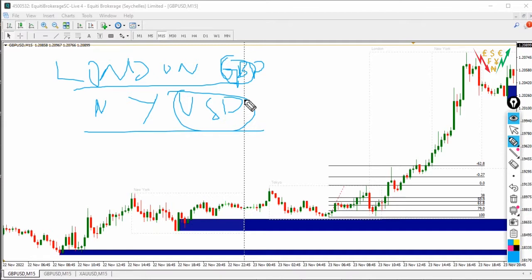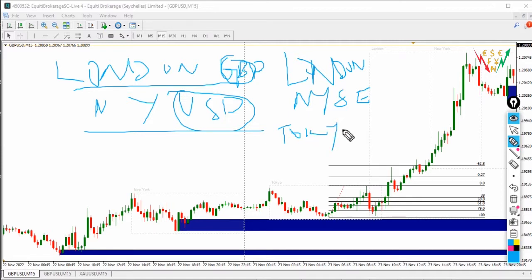And now we're talking about the biggest cities here. When you talk about the stock exchange, you have the London Stock Exchange, and you also have the New York Stock Exchange, which is kind of the biggest. You also have the Tokyo Stock Exchange, and other little stock exchanges around the world. Even here in Nigeria, we have the Nigerian Stock Exchange. But we're talking about the largest ones, the ones that would globally impact currencies, assets and economies.